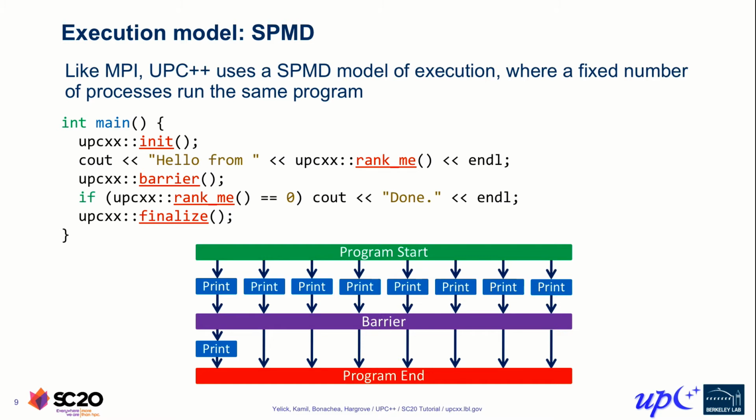Then we can do a print statement, and that print statement will happen in parallel. As you can see here in the picture, there's a barrier statement, similar, if you're familiar with it, to what's in MPI, and then another print statement that's only going to be executed on processor 0, which in UPC++ you can find out if you're process 0 by asking if your rank is equal to 0. And then you clean up the runtime system by calling upcxx::finalize. So all these upcxx things are in the programming model for UPC++, and these are just different examples of some of the basic primitives that you get.